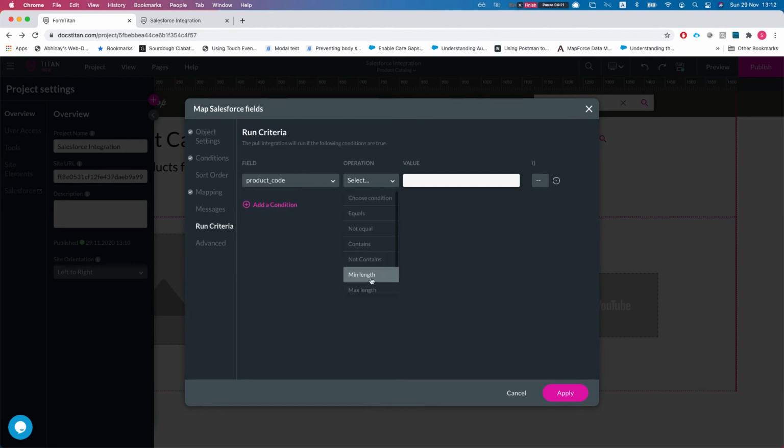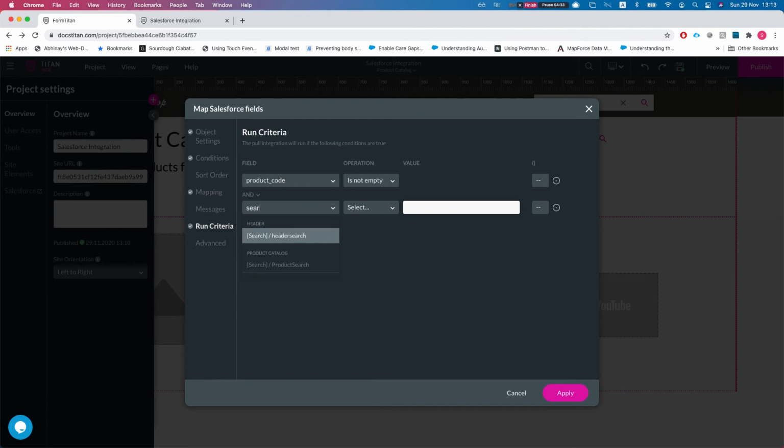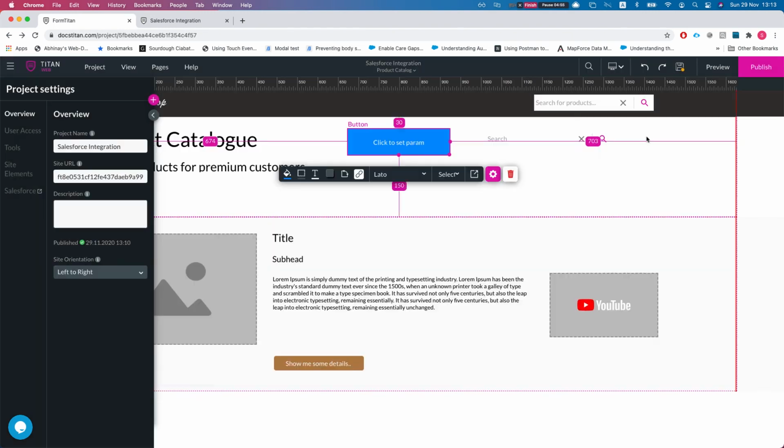parameter is not empty, so before we run the search, we will make sure that the product code is not empty. So let's just hit apply, and we can also do, for instance, that the search is not empty as well. And then only if both of these are filled up, then the get will run. Otherwise it will just return nothing. It's not going to run the get. So let's just leave it as the product code is not empty, and then the search will work off of that. So we'll hit apply, and let's